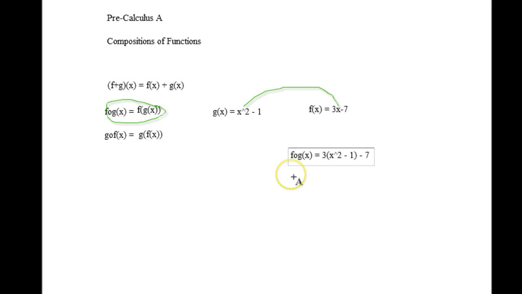And then you would just work on it from there. You would probably get 3x squared minus 3 minus 7, and then you would end with 3x squared minus 10. So something simple as that. Now that would be fog. That would be if you went this direction, plugging in over here. Now if you went the other direction, which is goff,